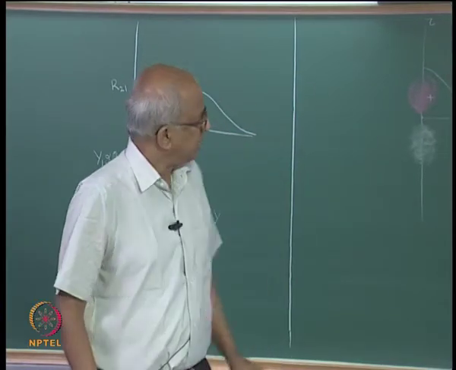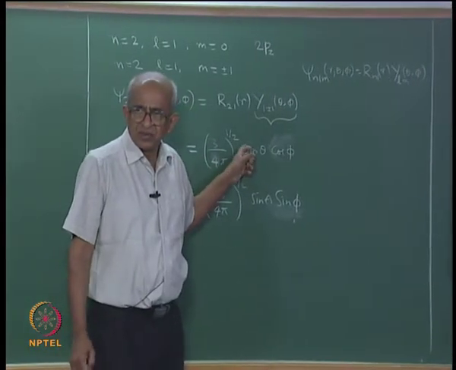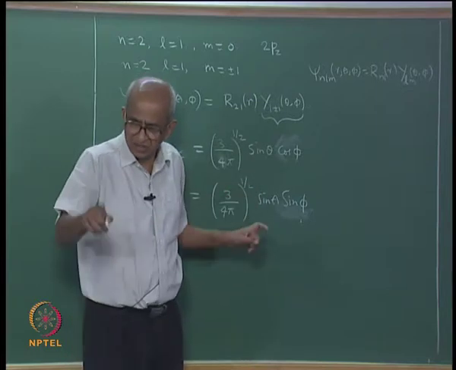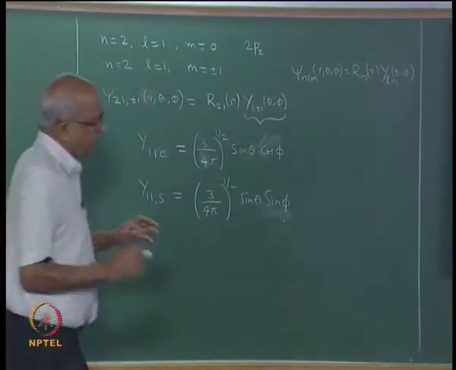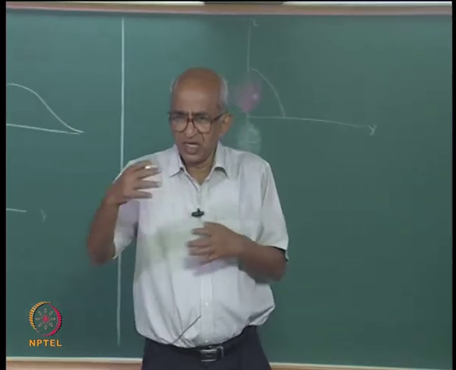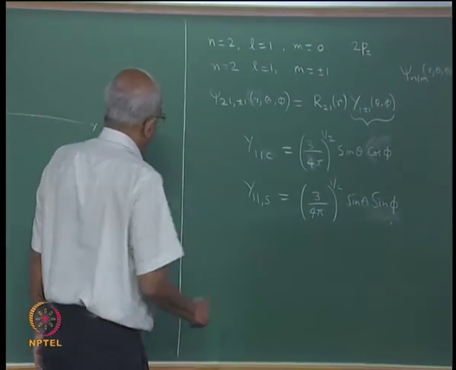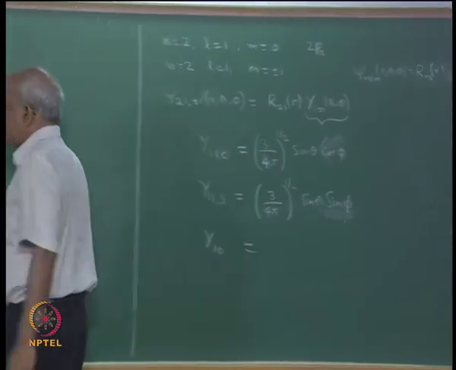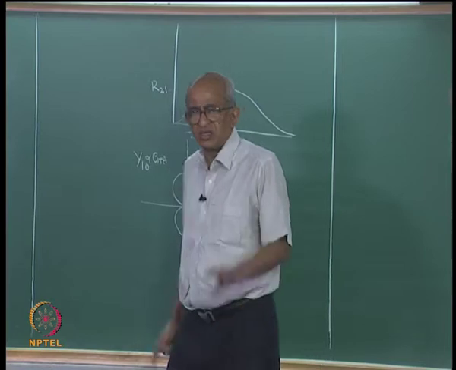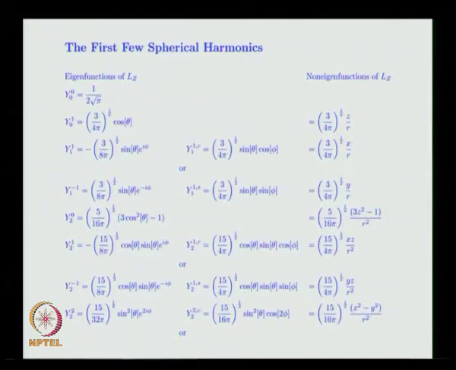Okay. But then what I should do is I should actually construct polar plots of these two functions. I can do that using Mathematica, it is not difficult at all. But I will make use of a simple argument which should enable you to construct the polar plot yourself. To make that argument, let me also look at Y10. Y10 is actually proportional to cos theta, there will be some multiplicative factor. What is that multiplicative factor? It should be there in the, yeah, well, it is here.